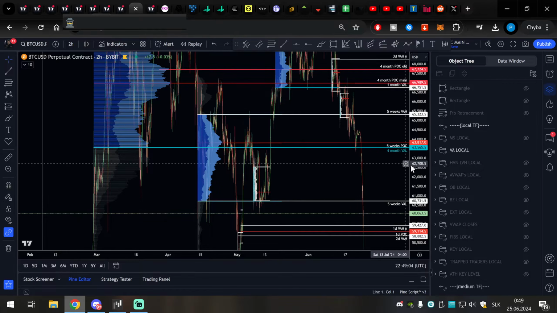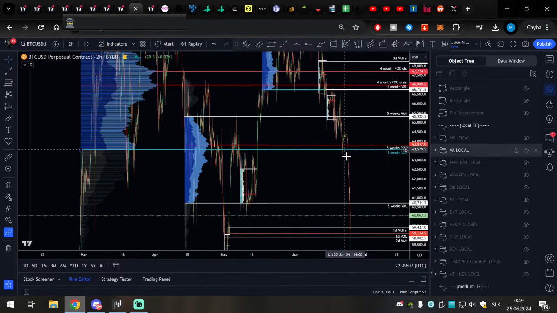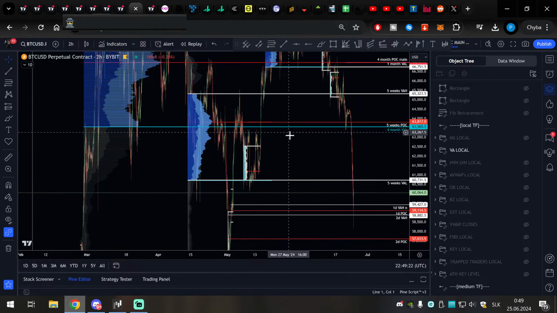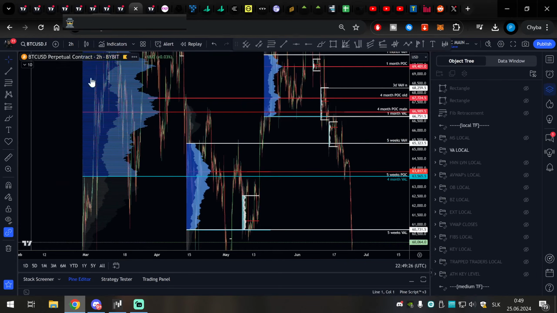Yeah, so this was pretty easy long to be had. But once you lose the 4-month val, it was very clear for you. You are not only losing 4-month val, but also 5 weeks point of control and also high volume node. Then you were looking, if you stop here at the 4 weeks point of control, 62.99, I think we had scalp there. Once this was lost, it was very evident you will be rotating the full range. So you lost the big range.